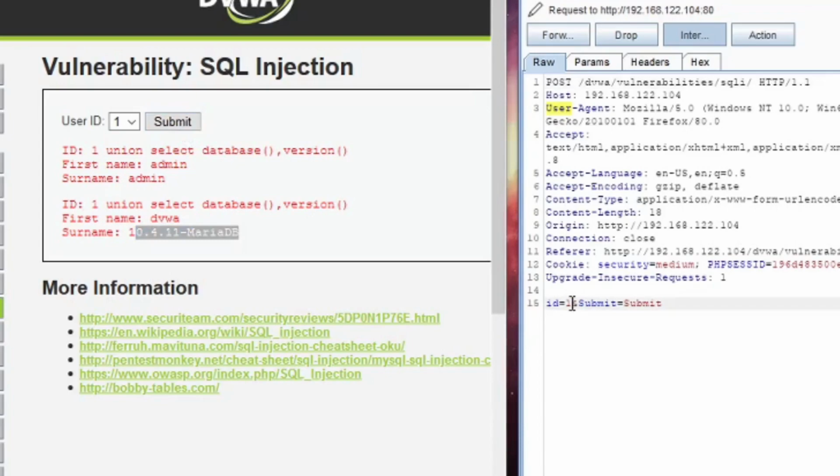Now let's find out all the tables that are present in this database.